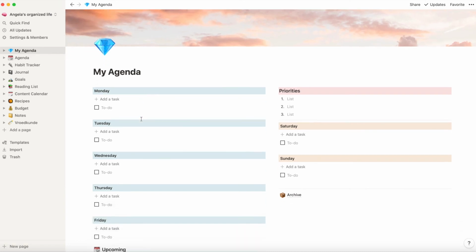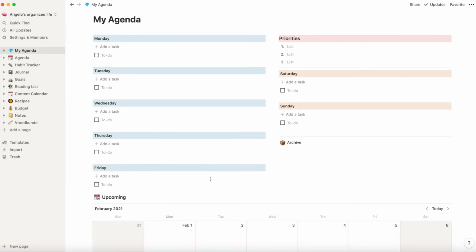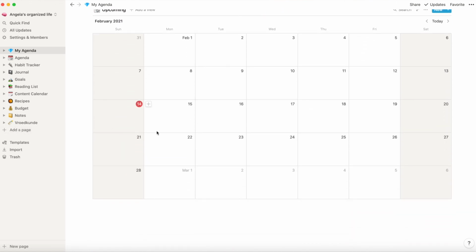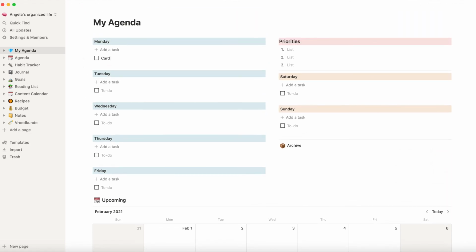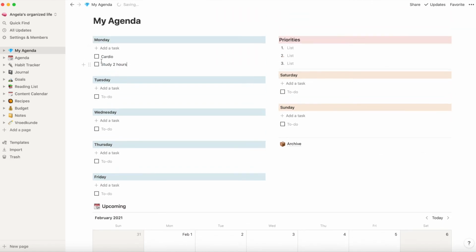I also made two templates for you guys, the one I just made for the organization of this semester and one that I'm showing you right now. So if you think these templates will be useful for you, then feel free to check out the description box where you can find a link to my templates. Just click on duplicate and it will pop up in your own Notion and you can customize it however you want. It's nothing fancy, I just want it to be functional. I can still put covers and pictures, but for now I like it this way.